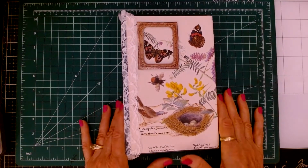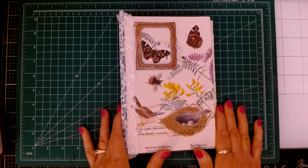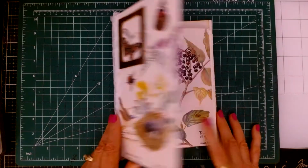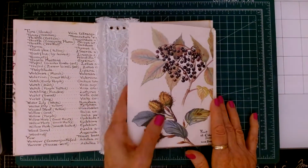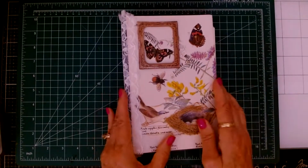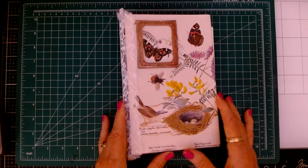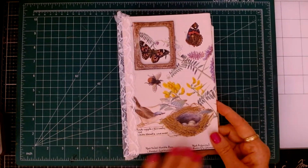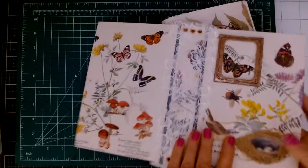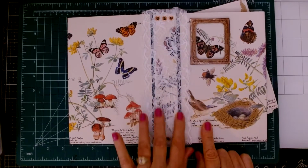What I've been working on here lately is an Edith Holden journal that I am making. It is 6x9 and there are 3 signatures in here and 192 pages. Now I made this journal out of a book that I had gutted. So all I did was cover the whole outside all the way around with Edith Holden paper, and I also